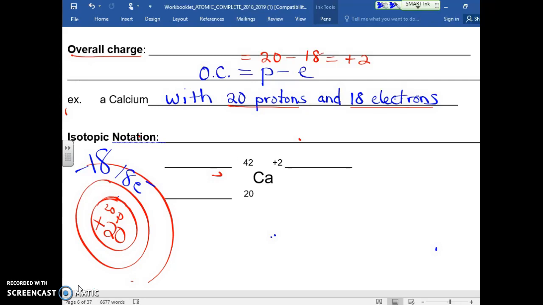Well, that means when I neutralize, in a sense, the positive charges with the negative charges, once I use up all of my negative charges, I still have positive 2 protons not neutralized. So it's the difference between the positive 20 from the protons and the negative 18 from the electrons, leaving positive